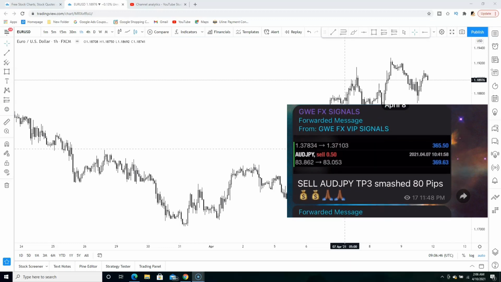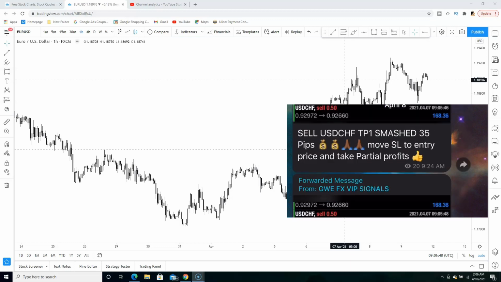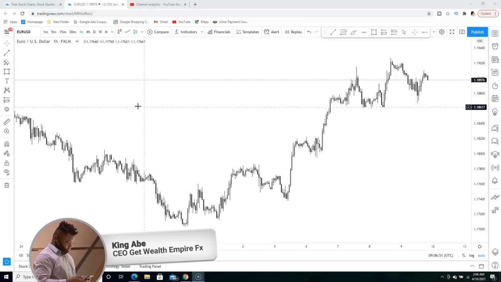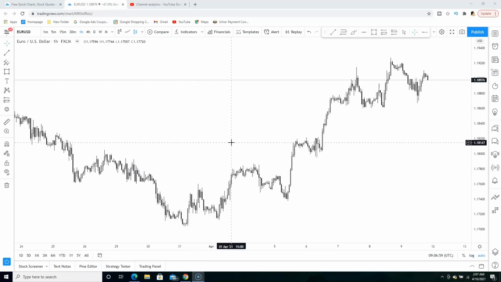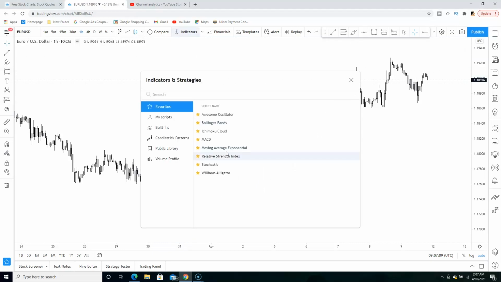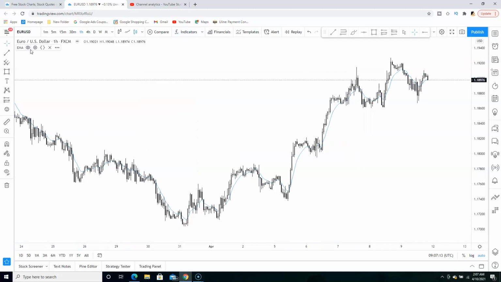So we'll be looking at Euro USD via the 1 hour time frame, and this strategy that I'm about to show you guys today, we're going to be using two indicators and we're going to be using two confirmations. So the first indicator we're going to be using is the 50 exponential moving average, and we go